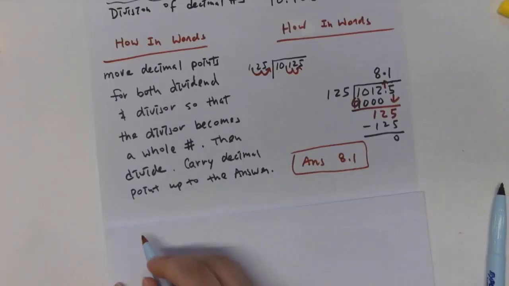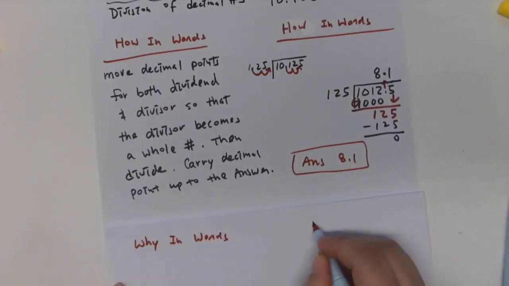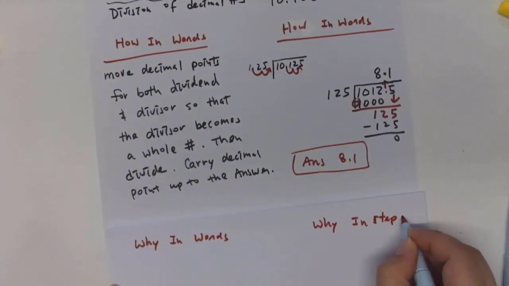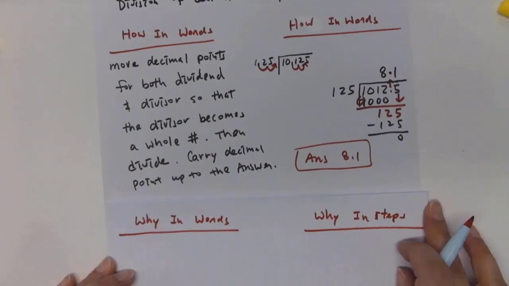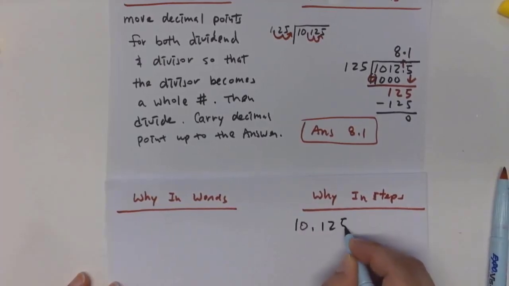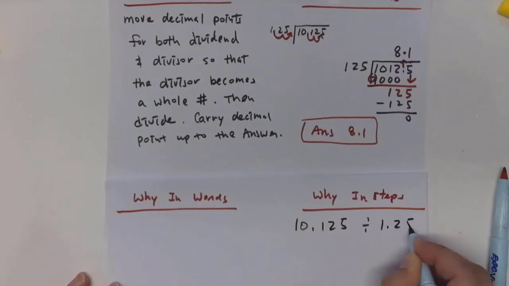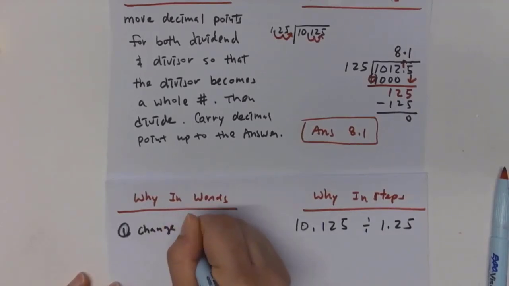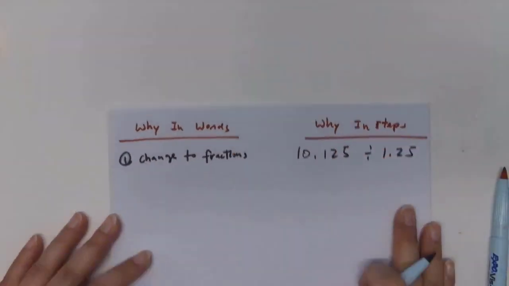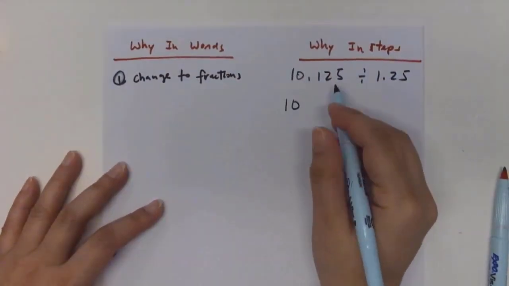We're going to do why in words and why in steps. Again, on the homework, just do the wording one time for both of the questions. So I'm going to write down the question first. The question was 10.125 divided by 1.25. First step, I need to change them to fractions. Changing them to fractions, the first number will be what? 10 and